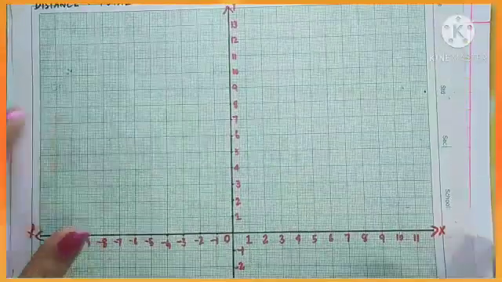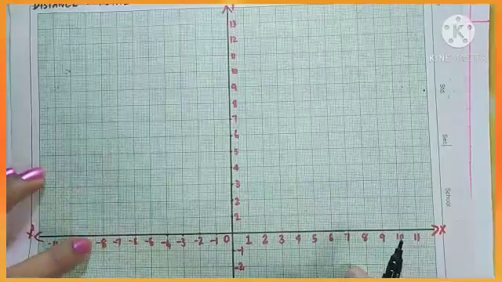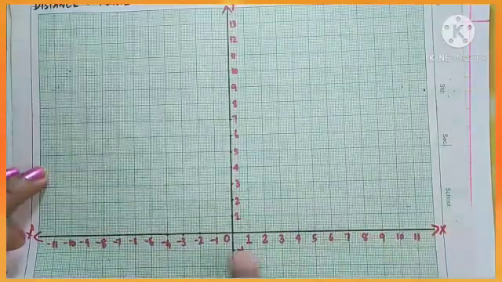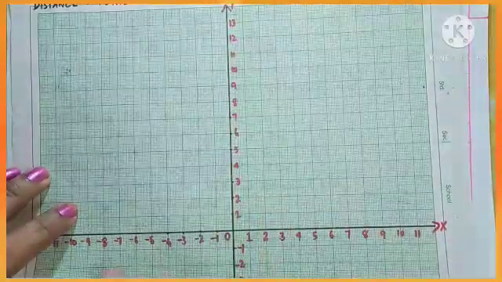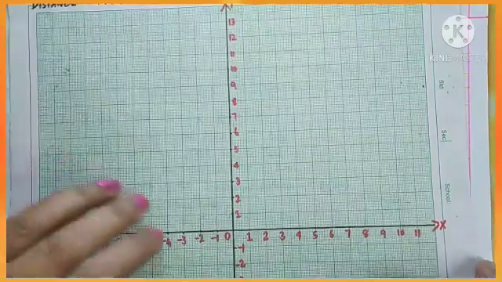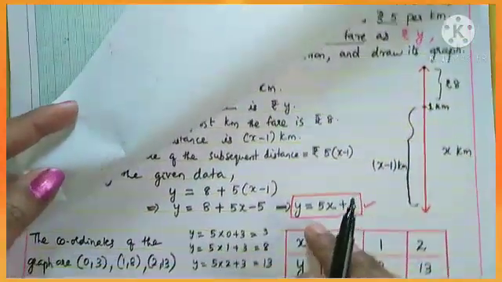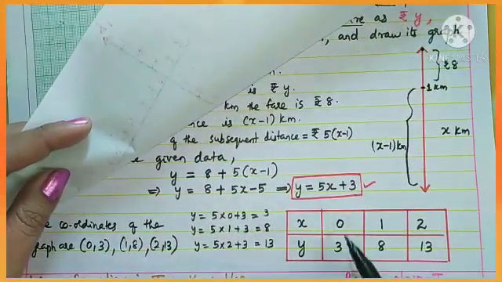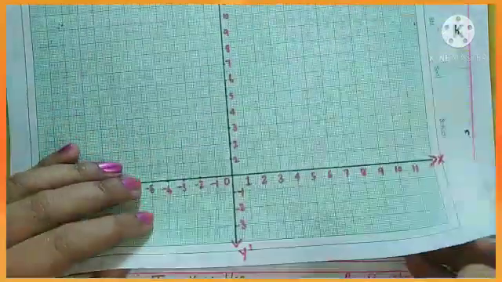Now what are the points we need to plot here? Yes, so here you see this is one unit graph. I have plotted 1, 2, 3, 4 like that. Y axis also 1, 2, 3, 4. So this is one unit graph. You know very well, you already studied. And now you see what are the points we want to plot. What is the first point? 0 and 3. So 0 and 3 means x 0, y value is 3.